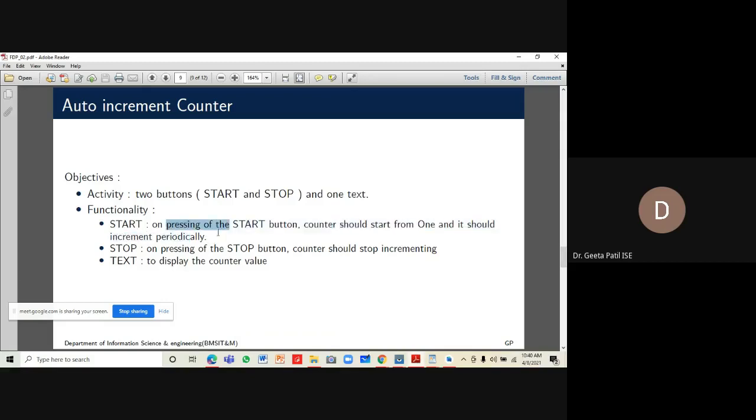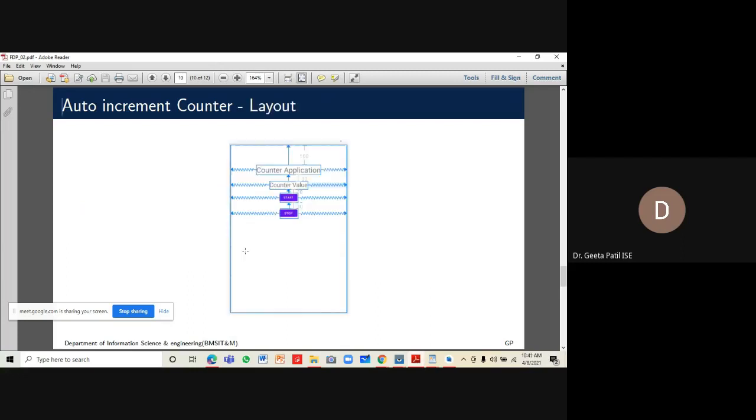On pressing the stop button, the counter should stop incrementing. And the text field is used for displaying the counter value. This is the requirement of the application, and the layout design of the activity is given over here.